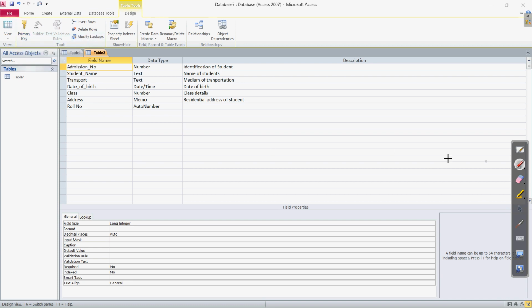Is it visible to you? I hope it is visible. Here you can see the primary key with the symbol of a key, and we have chosen the admission number field. Now it is time to set this field as the primary key. So the admission number we have chosen. Now I am clicking on the primary key button. When I click on the primary key button, at the left of the admission number there is a key symbol. It denotes that this field is now the primary key of our table. Clear? So we have chosen the admission number as a primary key. Let us come back to the textbook now.